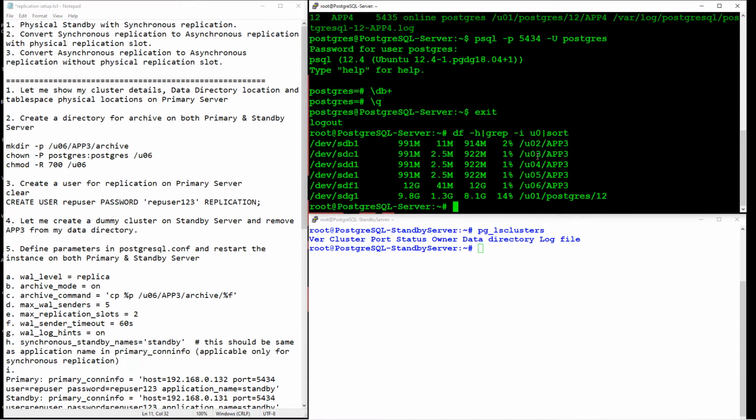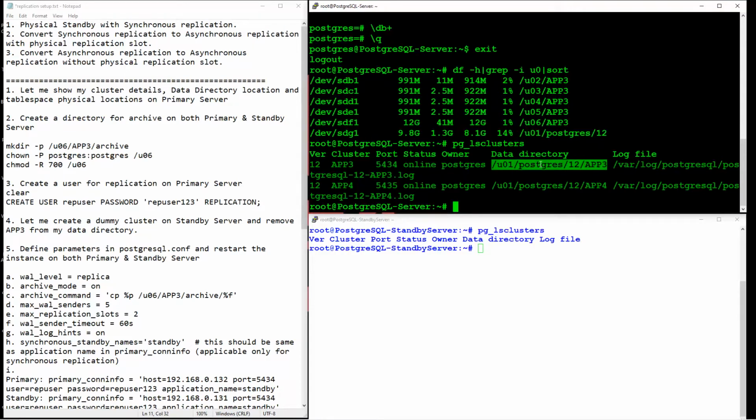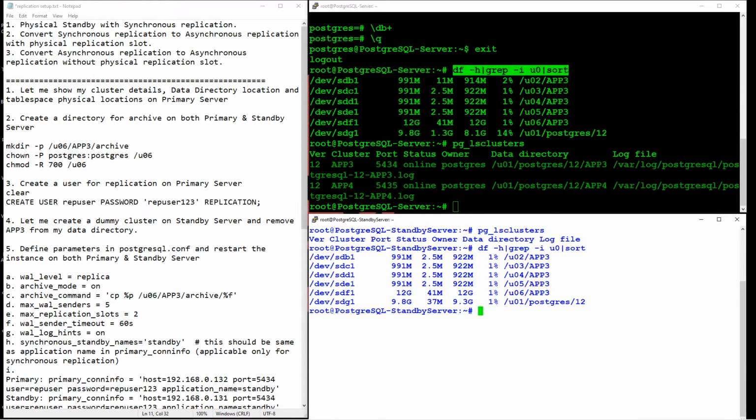You can see here, U06 I'm going to use for my archive destination, and U01, as you know, is my data directory location. Similarly, I have created all the mount points in my standby server. You can see over here, the usage is 1%, meaning I don't have anything here.